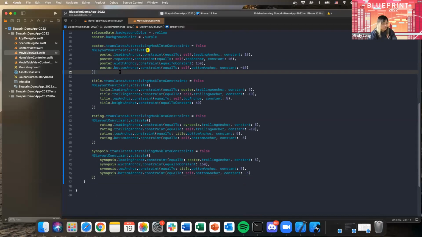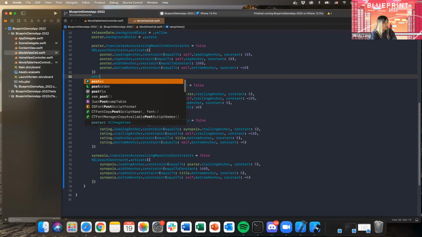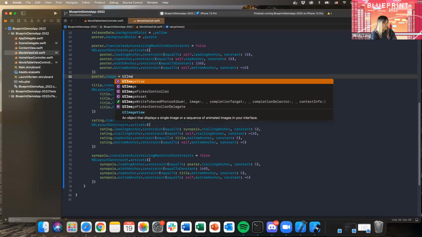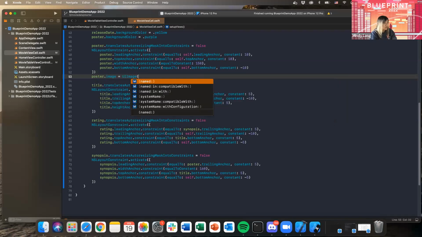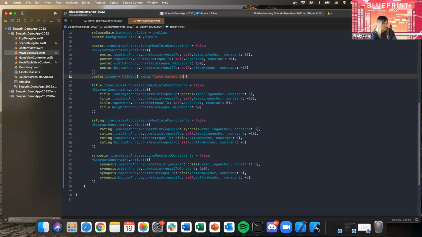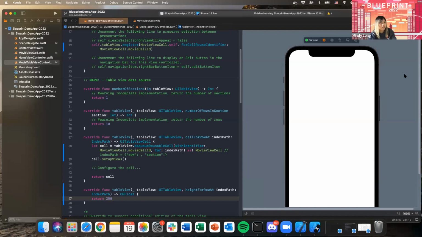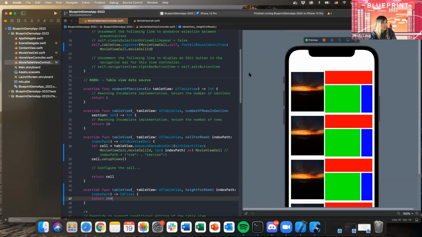So what we can do is we can say poster dot image equals image named late sunset 1 or something, just to go over again how the UI image works, and do that. Nice. So now you got that,